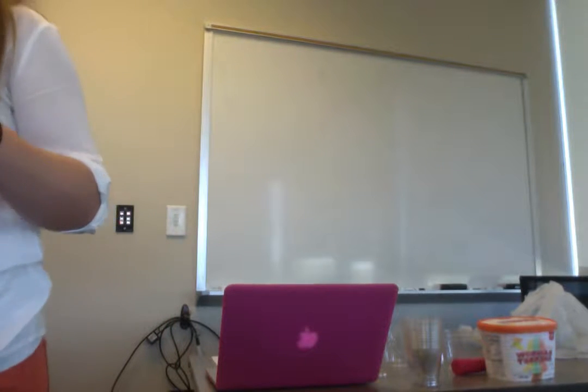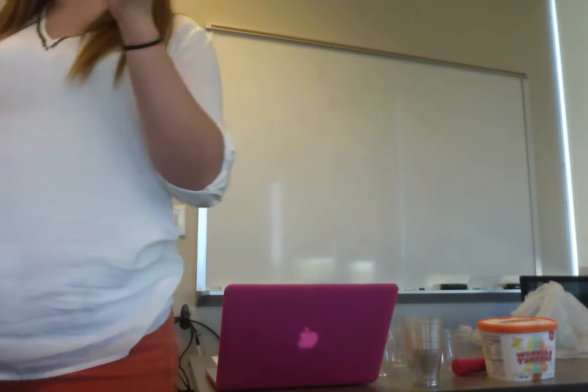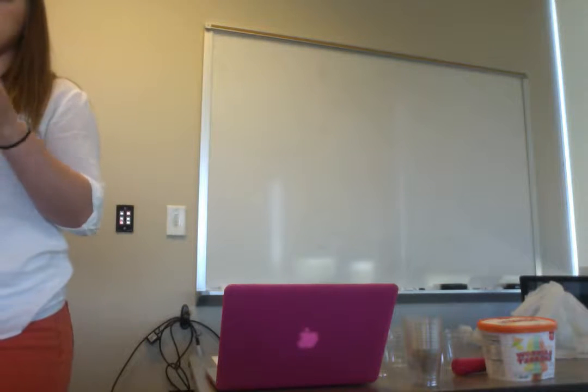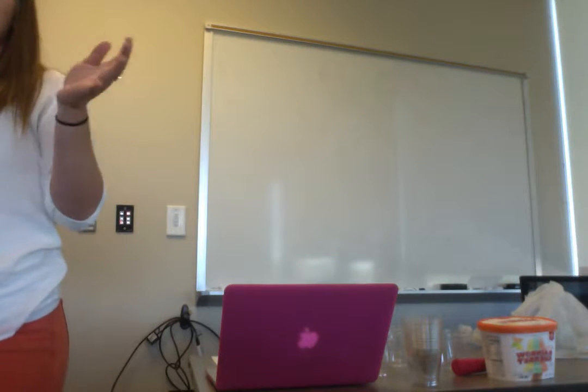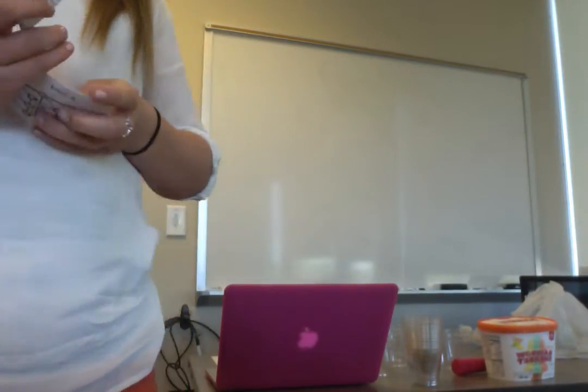Okay, so for our little review game today, I'm going to hand you out these cards. There are 3 big cards, 1 solid, 1 liquid, 1 gas. And then there's little cards, and these are the characteristics of each state of matter, and you're going to match them up. I want you to keep the words facing up, though, because the answers are on the back. So you guys are going to check after you have everything placed down, and then you're going to check to see if you got them correct, okay?